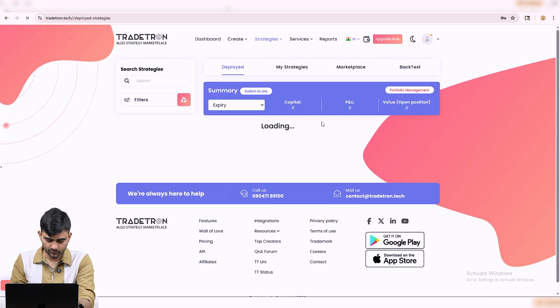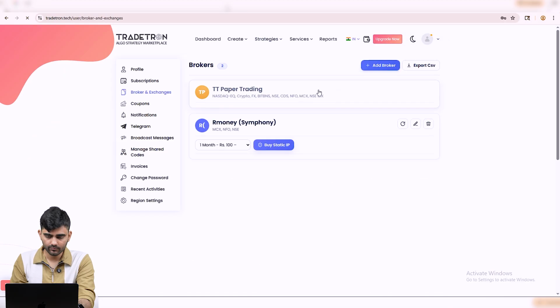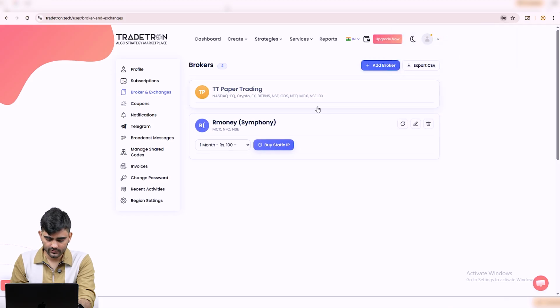Here you have to go to the brokers and exchanges option and make sure that you have added RMoney Symphony as your broker. Once it's done, you'll see the option of static IP. So Tradetron offers multiple plans which you can choose as per your requirement. So once you select the plan, click on buy static IP